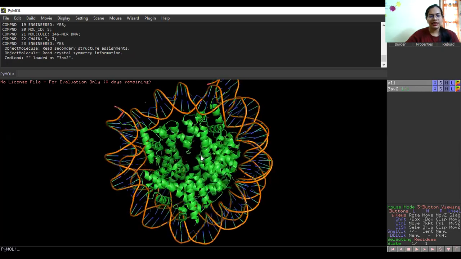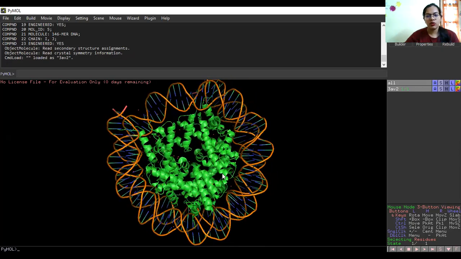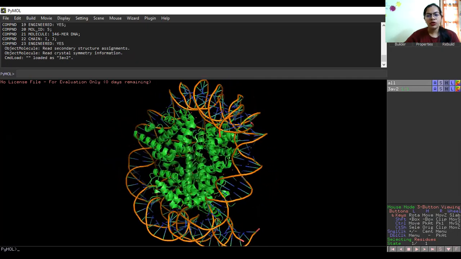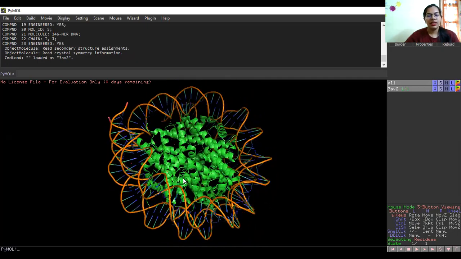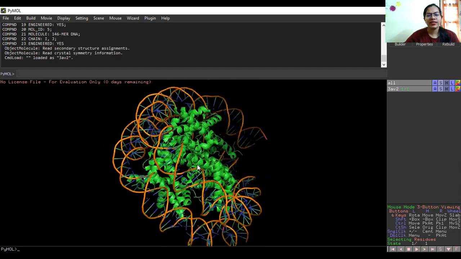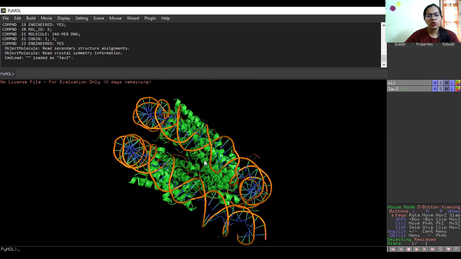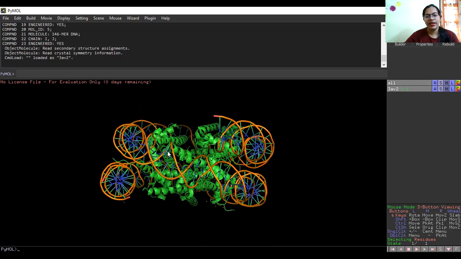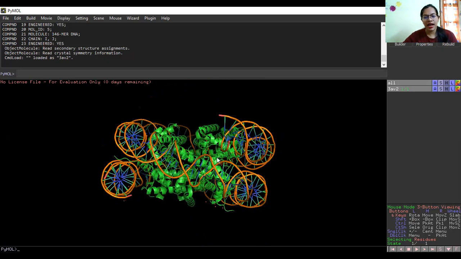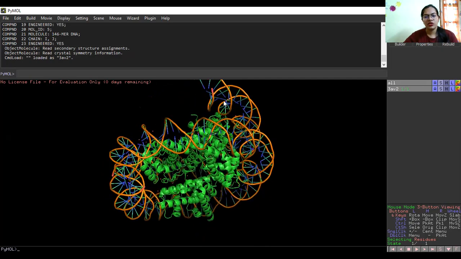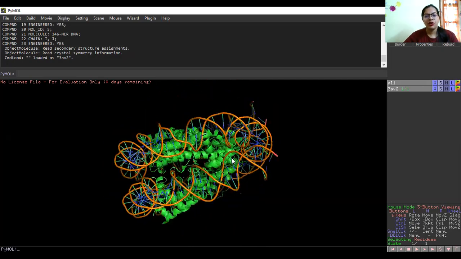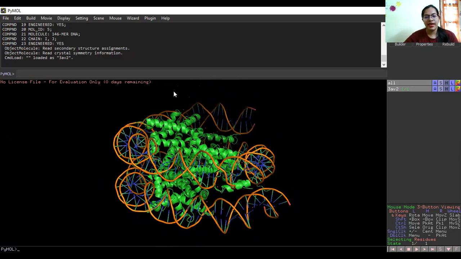So this is again the DNA wrapped around the core histone proteins. Here all the proteins have been labeled with the same color. Okay, so it's very easy to use. You can rotate it any way and look at it. See, 2 times you can see the DNA is coming, right? It starts from here, wraps and then leaves. So here you can very beautifully study the structure. It comes in like this and exits like this. So if suppose this is the entry, it will go like this, wrap and then exit. Okay, so each nucleosome wraps it at least 2 times.